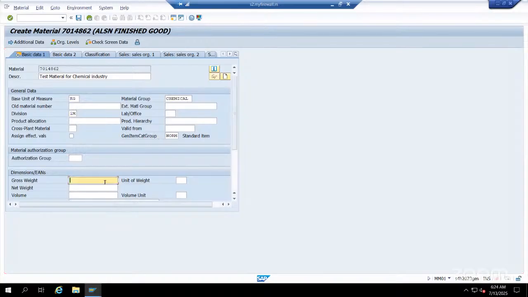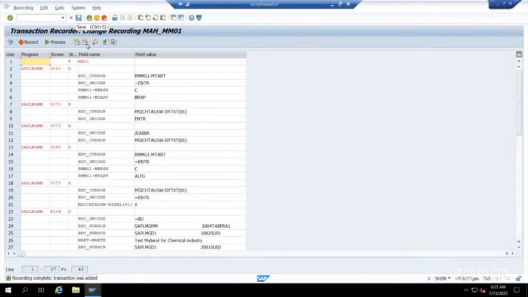Gross weight I give as maybe 100 kg. Okay. Net weight is 20, for example. Save it. See now, this has been captured now. This is the output of the